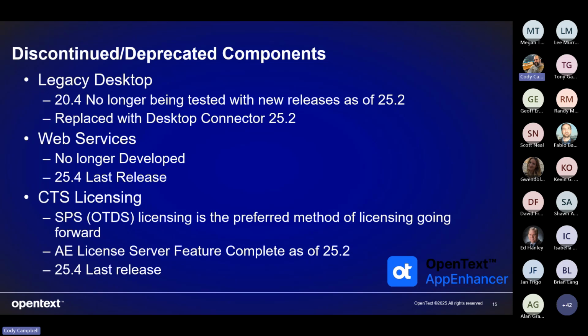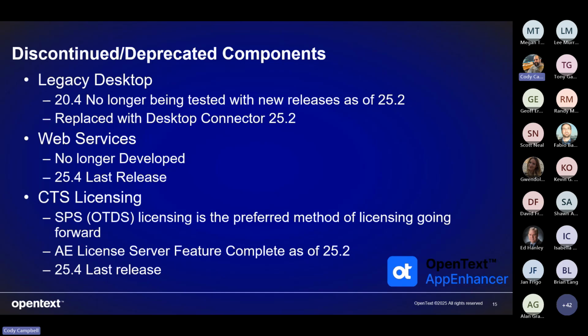And this is one of those things we need to retire. We're not just going to drop it. 25.4 will be the last release, but we'll start by trying to put it on the same kind of testing path that we had for 20.4 Desktop. If we could at least just test the package to make sure it works with the backend, because it's consuming a lot of the same libraries, good, we could probably do that. But we're not going to build it and distribute it anymore, because the last thing I want is a customer to think that that's a modern component they should be integrating with, because they shouldn't. That's what the REST service is for.